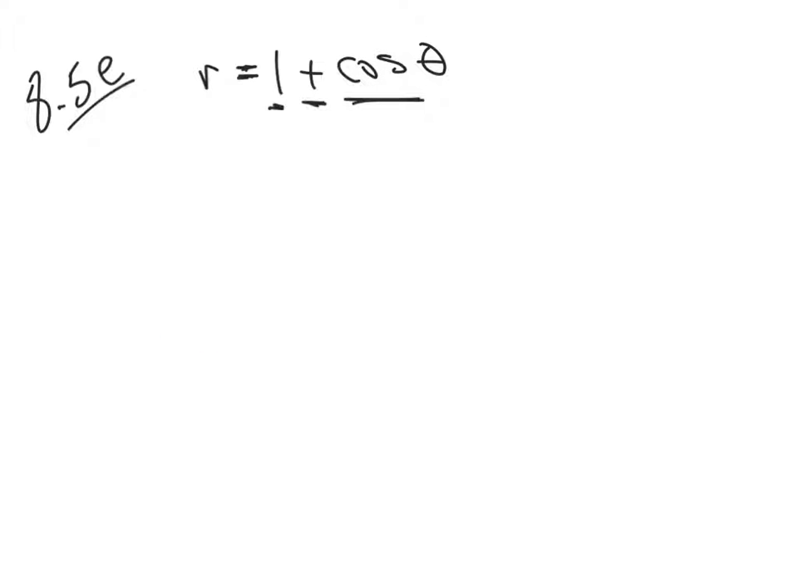Alright, so let's go back and see what we've got here. To graph this equation, we're going to look for some ordered pairs and connect the points. So we're going to make a graph. We're going to start with theta, and you've done this before. Just start picking angles. 0, 30,